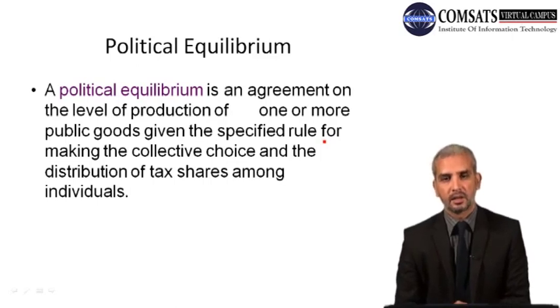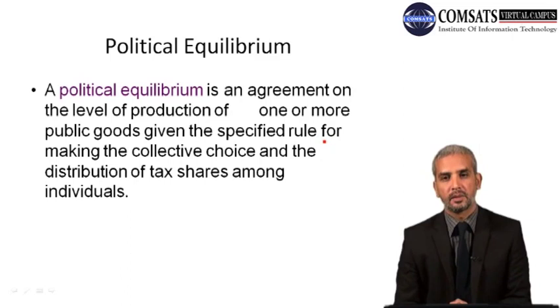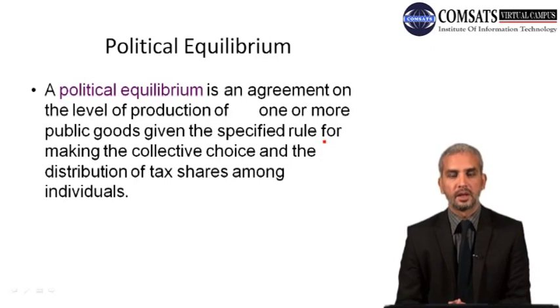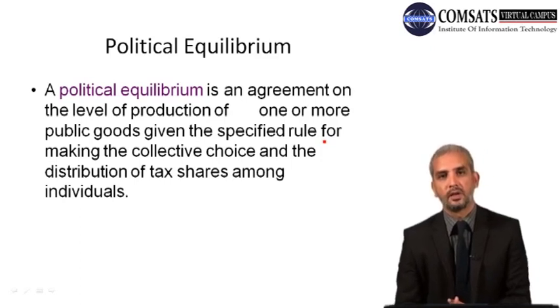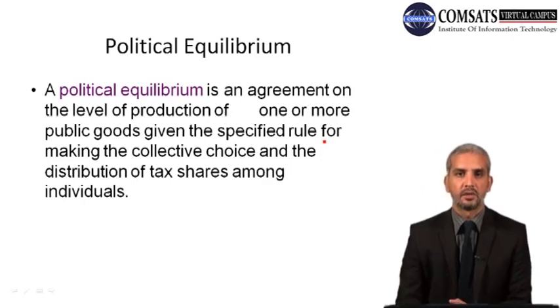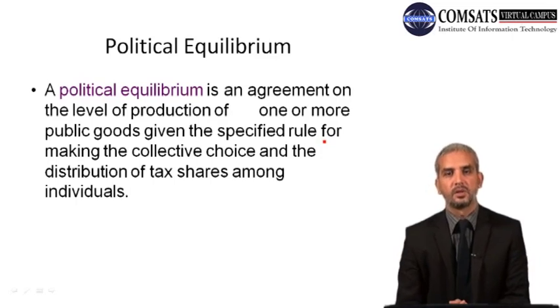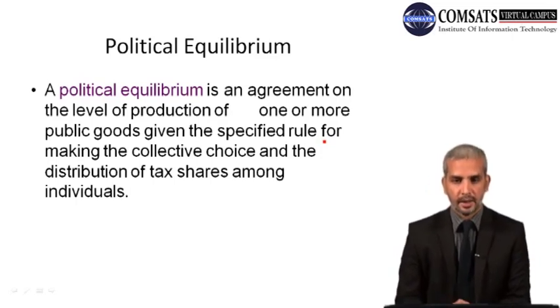In that case, the voting outcome was that individuals voted for 4 security guards, which was the median outcome. The median outcome was individual M in that case. The marginal cost or average cost was $350 per security guard. How that was divided was that the individual tax share was $50, based on 350 divided by the total number of individuals, 7, which is the tax share of each individual.